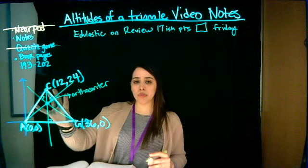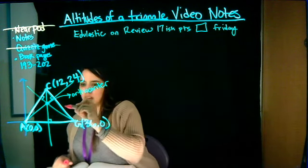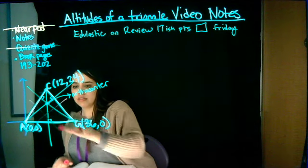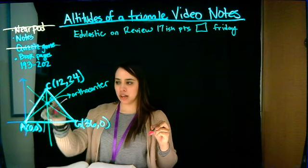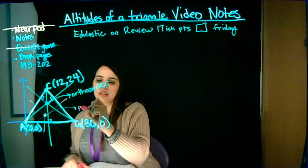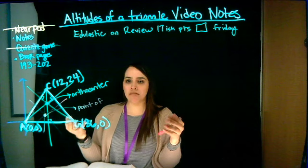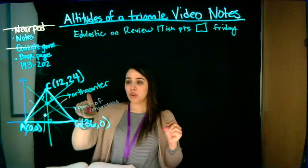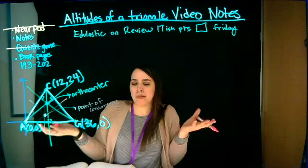Now, if we just had three random lines, I'm going to draw them in pink. Hopefully, you're able to see the pink. So if I were to just have three random lines, like that, do you see how they don't pass through the vertex? This point would be called the point of concurrency. And the definition of point of concurrency is just where three lines intersect. Point of concurrency. So the Orthocenter is also a point of concurrency, but there's an infinite amount,